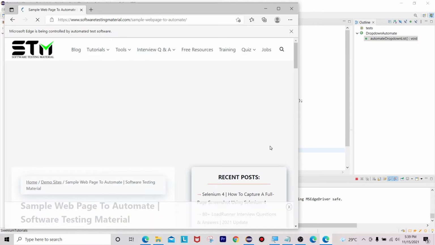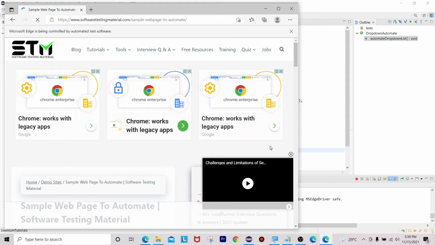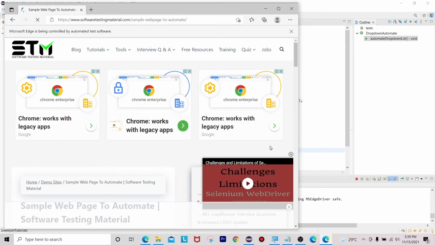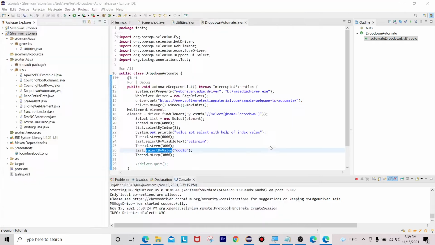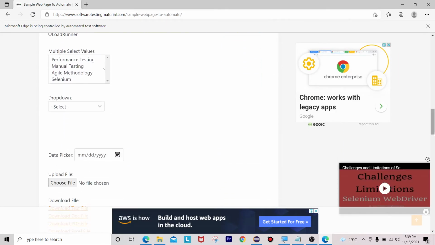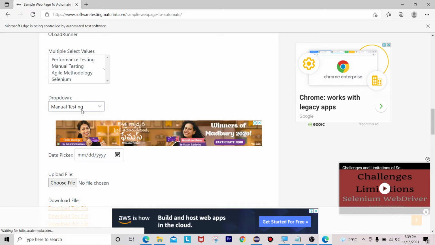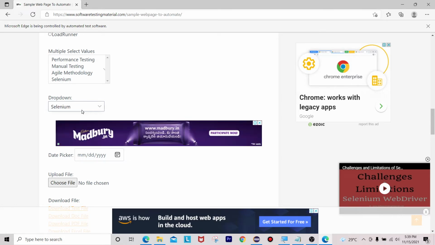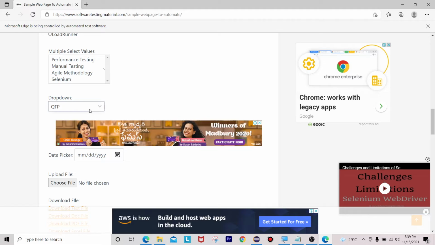Okay, the browser got launched and it is opening that URL. After opening that URL, it will maximize your browser. Once it got maximized, it will select first performance testing, then manual testing. I changed that index value. Now it got select by visible text and QTP, select by value.